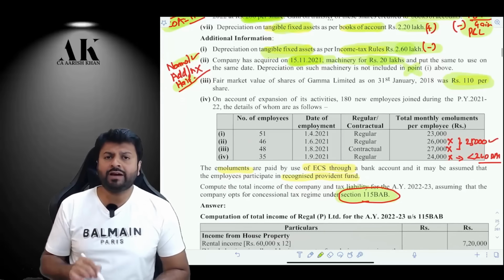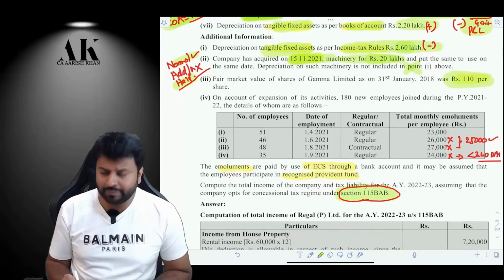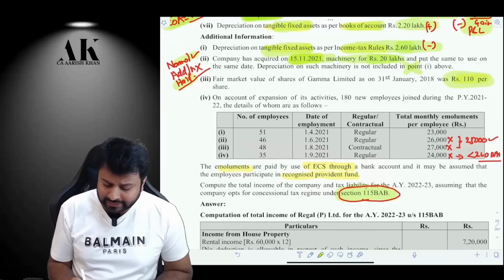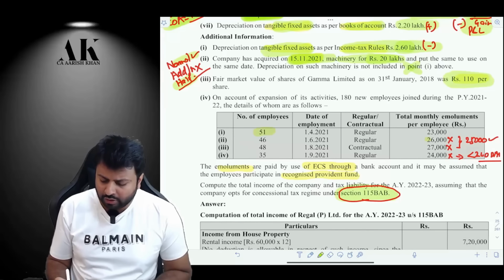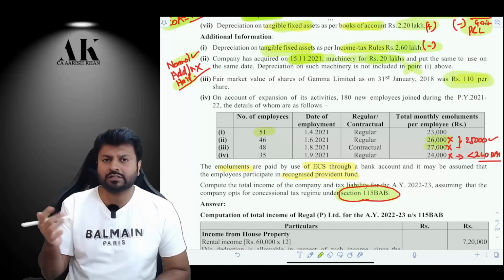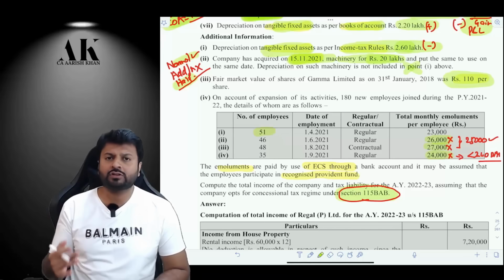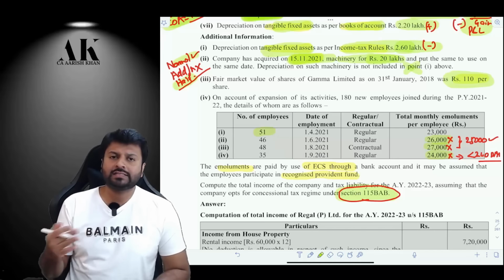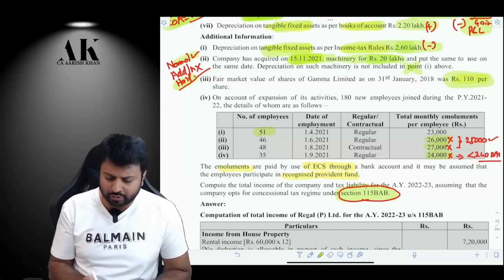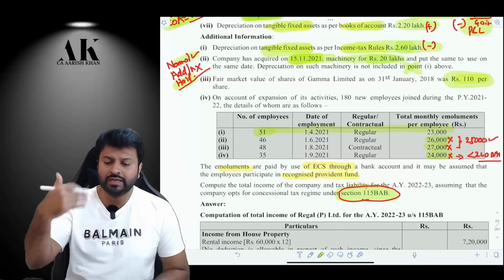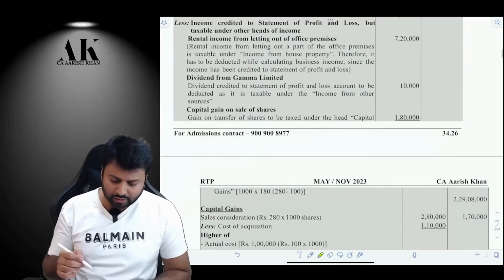some employees you have hired over here, and because you have hired some employees, you will be getting 80JJAA deduction. You will get the 80JJAA deduction for the first category of employees, not for the second and the third category because the emoluments is more than 25,000, and not for the fourth category also because the number of days the employees were employed is less than 240 days. So fourth category also you are not going to get. For the first category, you will get the deduction of 80JJAA. After doing all these things, you are going to compute the tax liability.